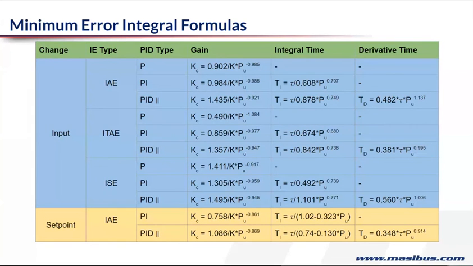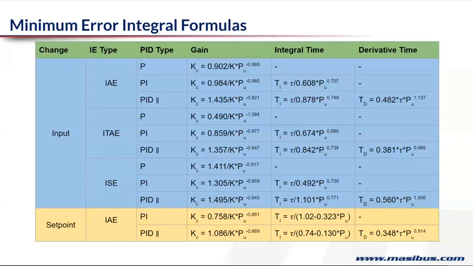This question also will be answered when we look at different parameters and different processes. We will see in some cases only a P controller will do. In some cases you need a PI controller. Some processes you need a PD controller. Some processes and parameters you need PI and D. So all that will come. I think I made it quite simple. After that, if you have a doubt, you can again repeat this question.